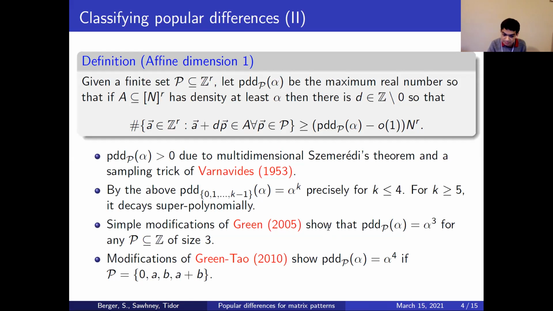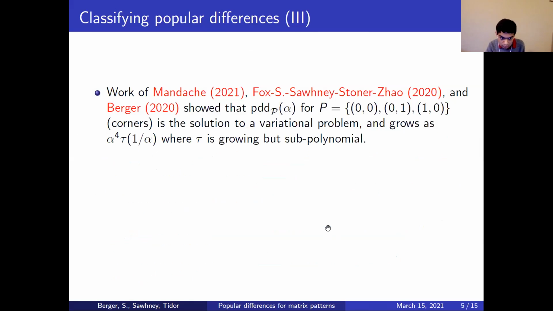So now let's move on to more complicated patterns in higher dimensions. First of all, for the corners case, which I mentioned, we have affine translated squares and we have corners, which is the square minus the single point in the top right. Work of first Mendash, and then Fox, myself, Sani, Stoner, and Zhao, and then Berger, building on each other